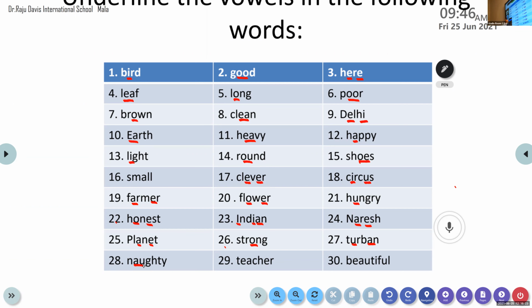Now, Devash, come on. We'll move on to the 29th word. Almost 29 children have got the chance to do this exercise, you know. Very good. Yes, read the 29th word. Yes, teacher, very good. So, how many vowels are there in it? Come on, tell me. E. Only E is there? Then? E, very good. Very good, Devash.